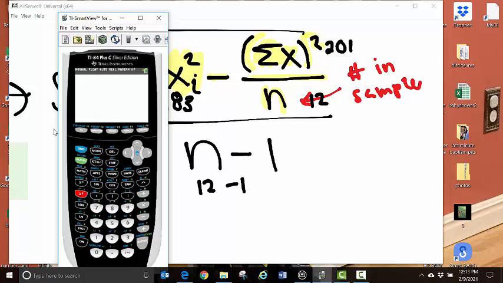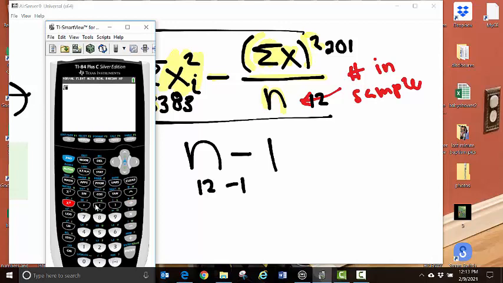So let's try it real quick. 3,383 minus 201 squared divided by 12, divided by 11, and we got 1.12,